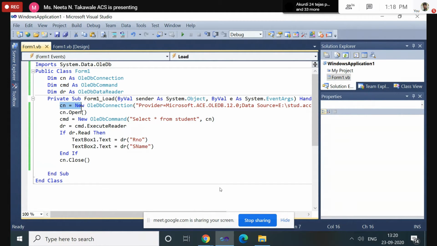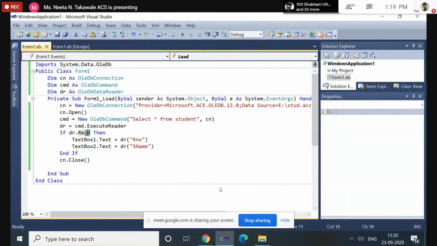Using these two steps we are establishing a connection with the database. Then define the query you want to execute. Using the cmd object, execute that query using the ExecuteReader method, store the result into the dr object, which is the data reader object, and assign each column to each text box.